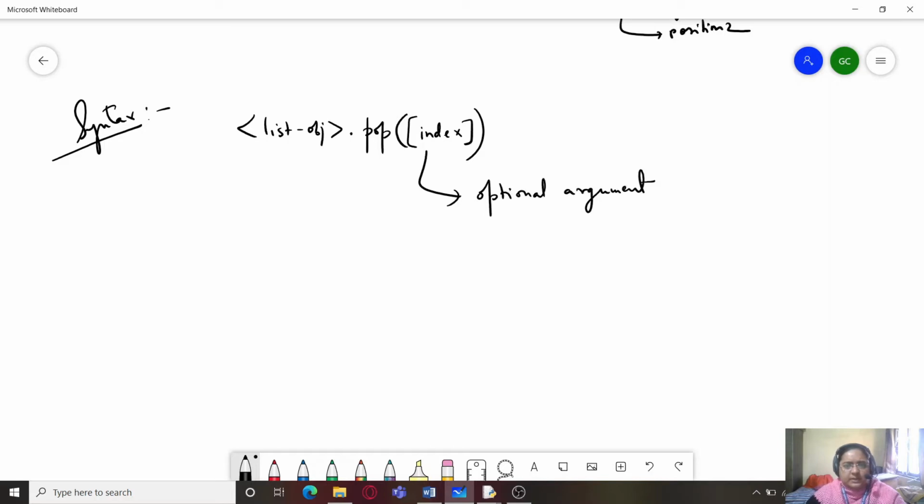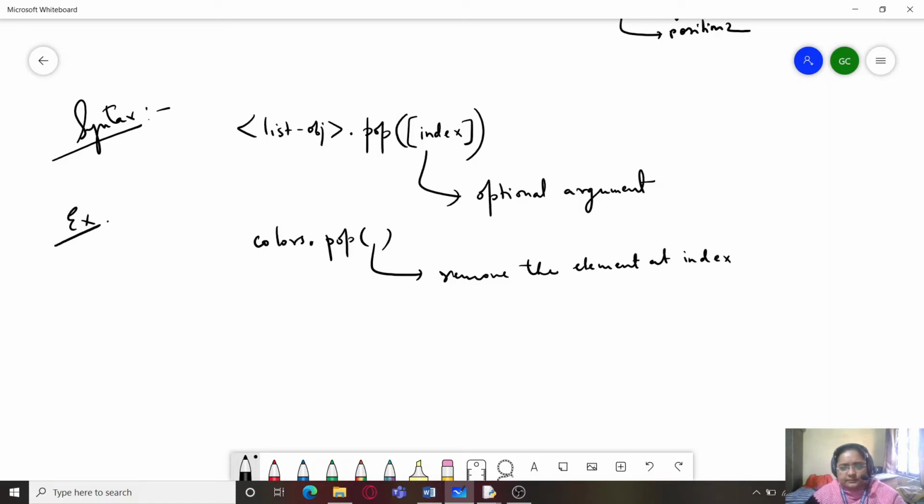Why? Because this argument can be skipped. If I write colors dot pop and I don't supply any argument, it will mean remove the element at index -1, or the element at the last index.